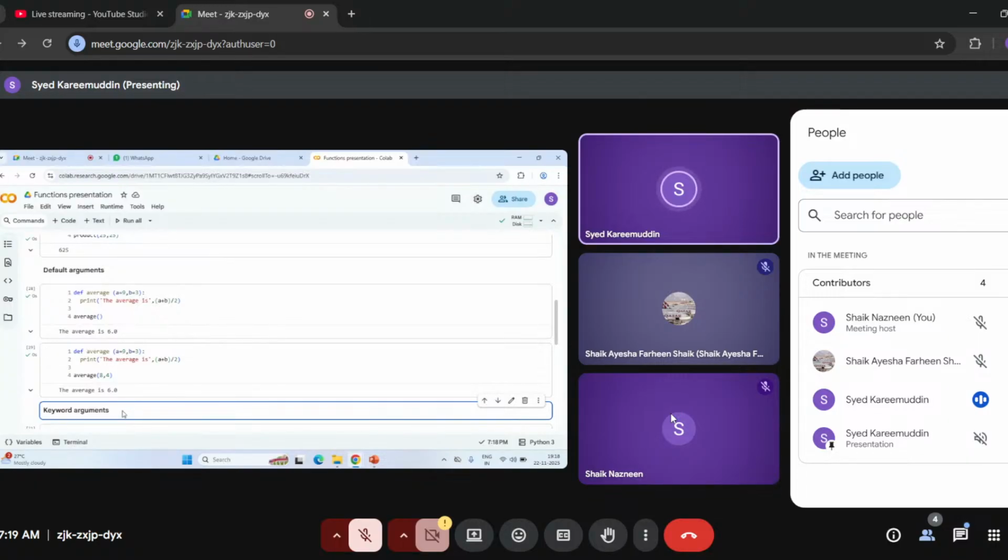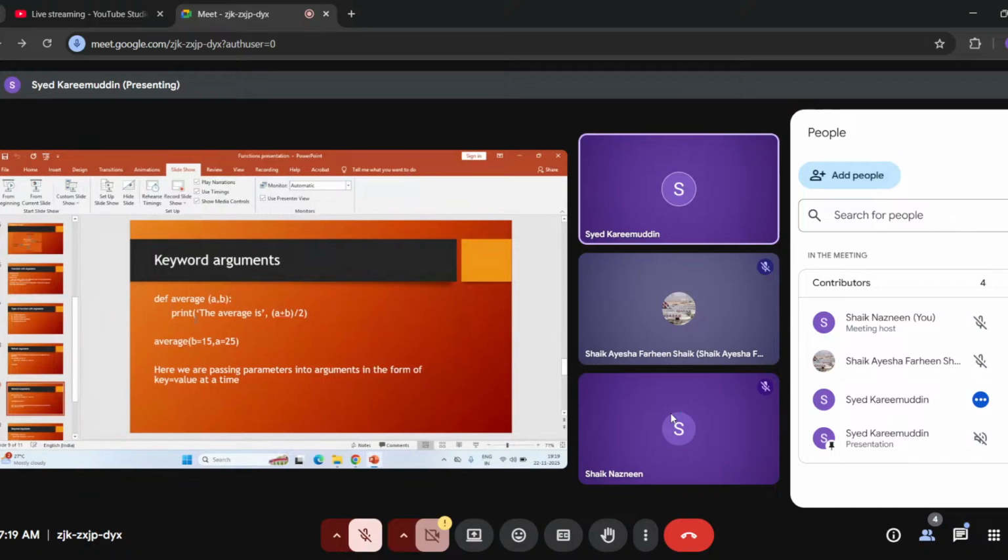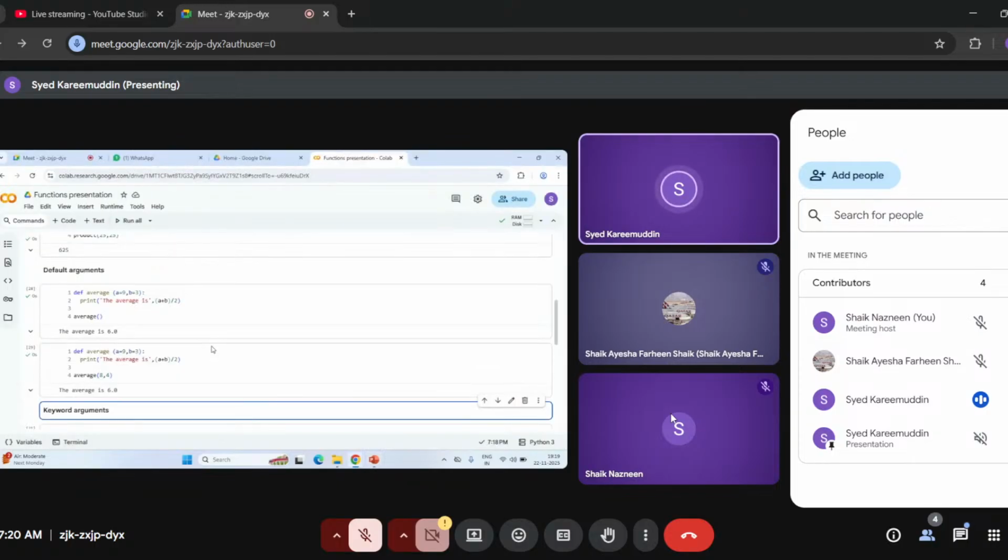The second type is keyword arguments. Here we are passing the parameters 15 comma 25 into the arguments a comma b in the form of key and value at a time. So the parameters will be passed into arguments a comma b at a time. With the example,